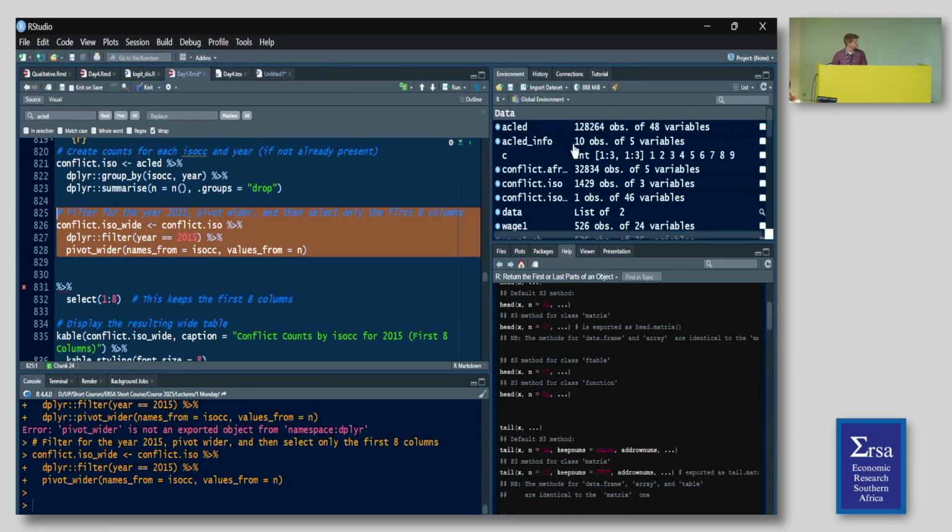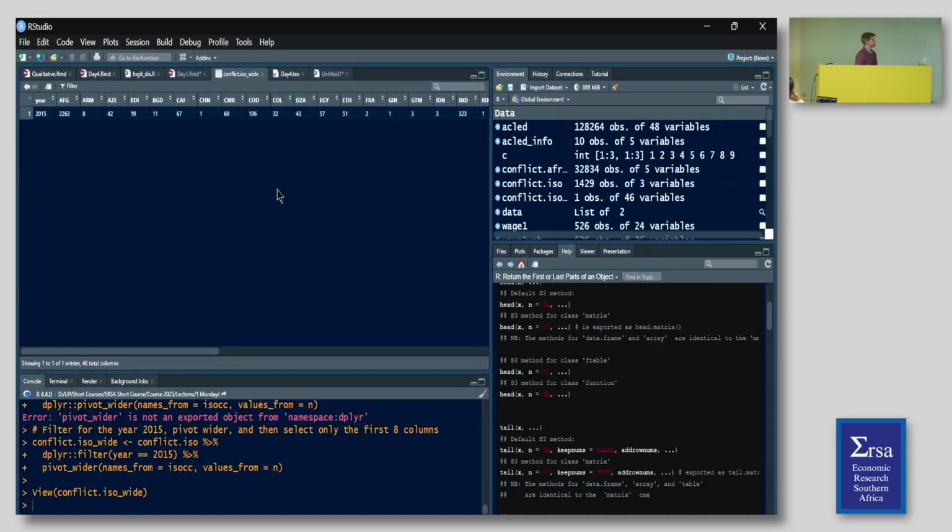Okay, so if I was looking at the conflict, it's this one. See how it's structured? I have a year on the left-hand side. It's a column by itself. And each of the countries is a column by itself, right? It's going all the way across. In the wide or the long format, it would basically be conflicts going down and country going down. So the conflict is its own column, and each observational unit has an observation as a row.